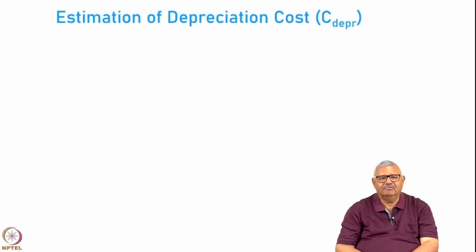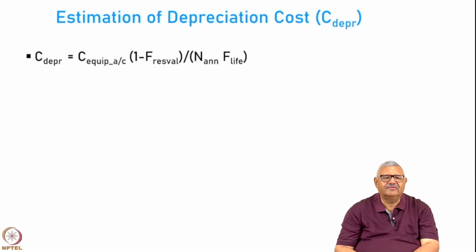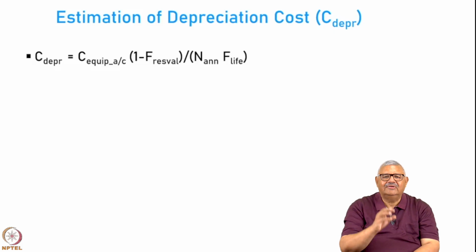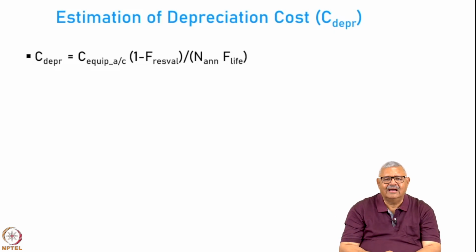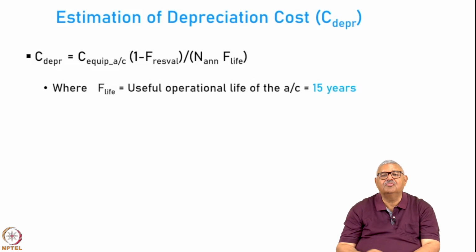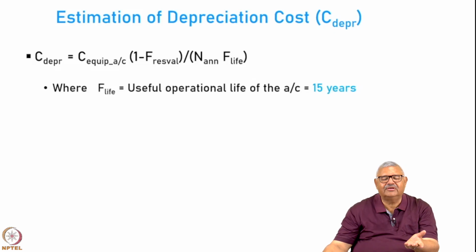Right. Now, we look at the estimation of depreciation cost, C depreciation. Now, depreciation is basically given by this formula. The aircraft that we have purchased at this $7 odd million, it will have some residual value at the end of its life, which is F life, right. So, the F life of the aircraft is assumed to be 15 years because we are using it to